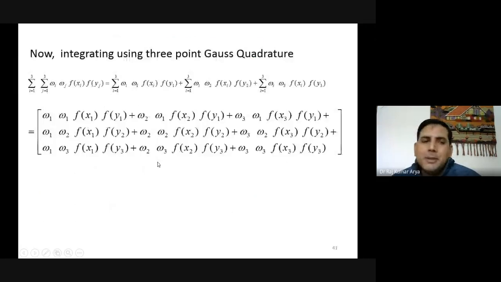Now the numerical one. Numerical one will say that you have two functions, one is a function of x, the other one is a function of r, which I wrote as y. Now we want to use 3-point Gauss quadrature. So x would change from 1 to 3, and y would also change from 1 to 3. First you either expand it for y or x, the choice is yours. I expanded it first for y, so y1 corresponding to w1, y2 corresponding to the